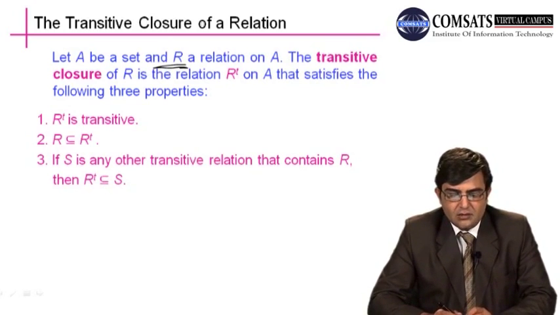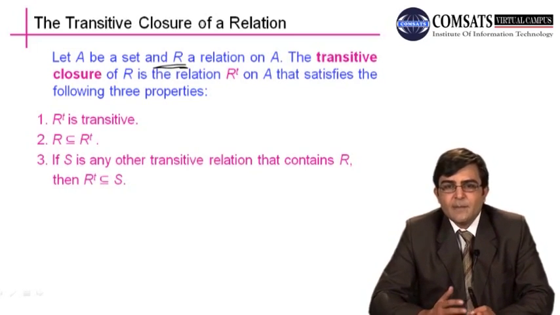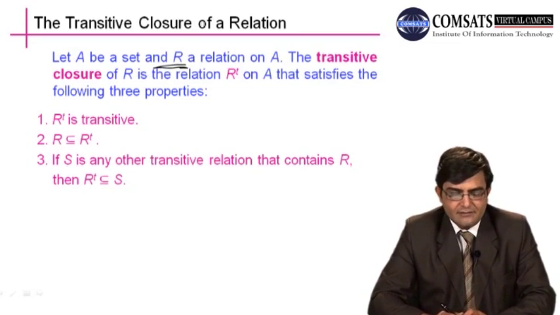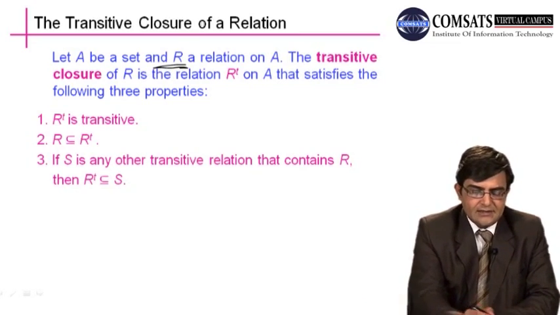It may already be transitive, but if a relation R is not transitive, then how can we make it a transitive relation? And the third property tells us